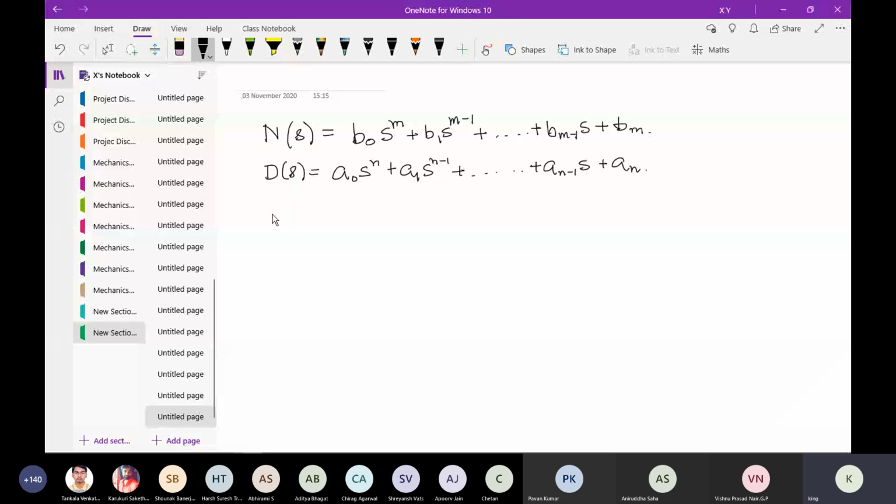And as I said, N is greater than M. So we will further